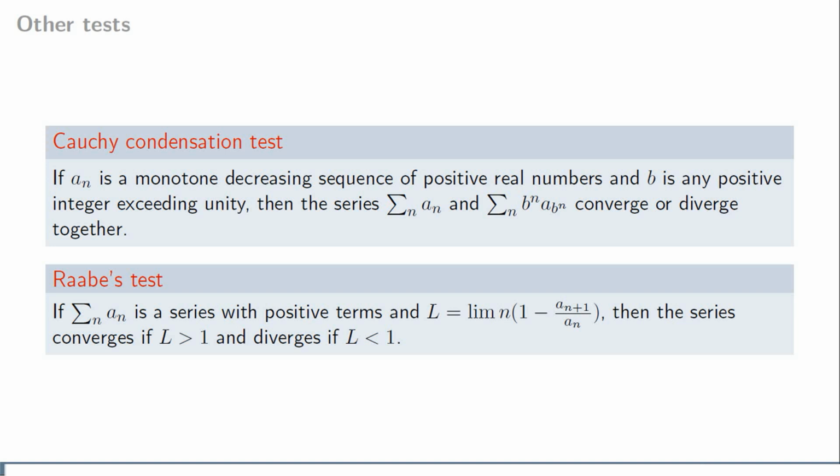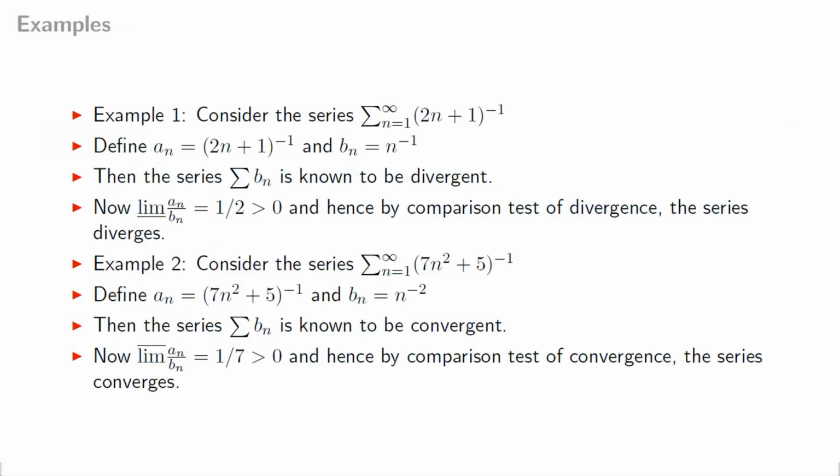So let us consider some examples. In our example 1, we have considered the series summation n from 1 to infinity 1 by (2n plus 1). It is very easy to see that here we define a_n equal to (2n plus 1) to the power minus 1 and b_n as 1 by n. Then the series summation 1 by n is known to be divergent, and now limit inferior of a_n by b_n equal to half, which is positive,